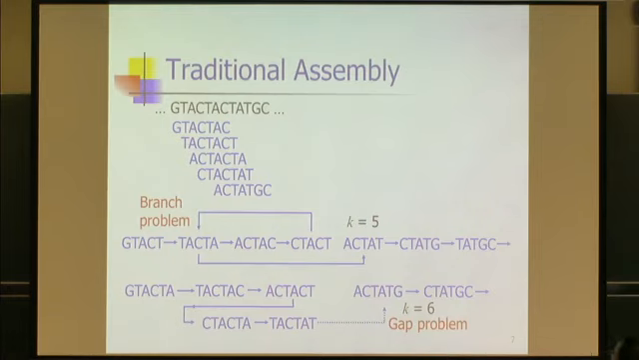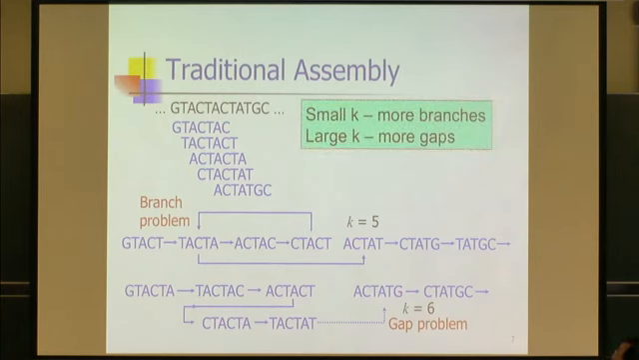The gap problem is due to a missing read here. Because you can see that if we have TAC, then we should join these two k-mers together. But because we're missing one read, because the coverage may be low, that's why we got a gap over here. And that also explains